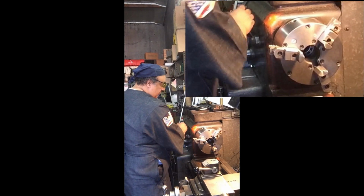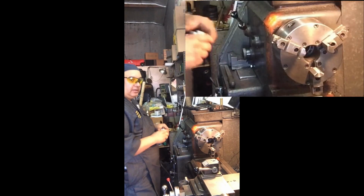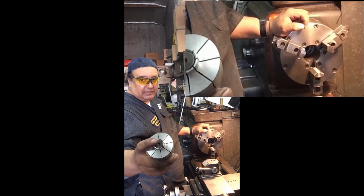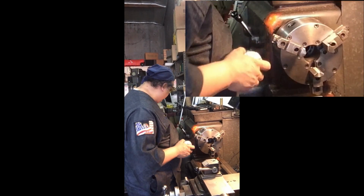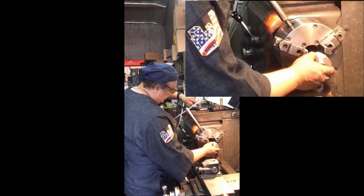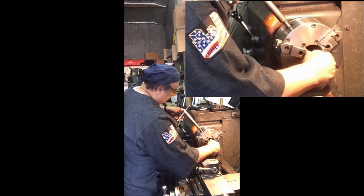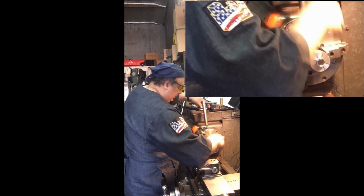Alright, now we're going to use our homemade manual. I made these myself. It's like a splitting collet. And we'll clamp on the ID right here. That's what we have to make sure it runs concentric. So again, everything you put in there, spin it, clamp,